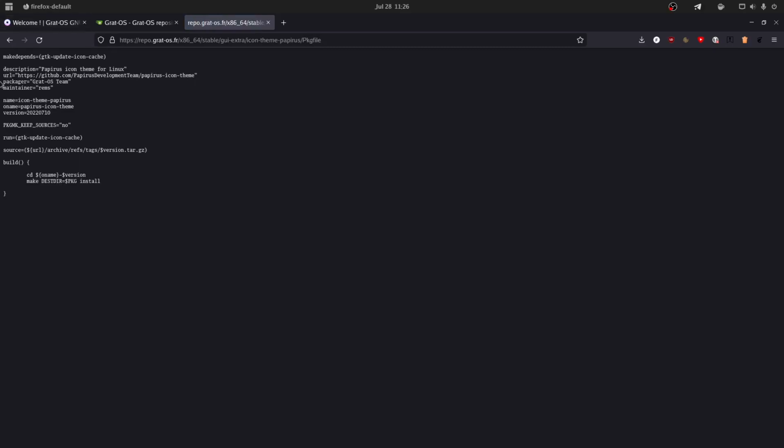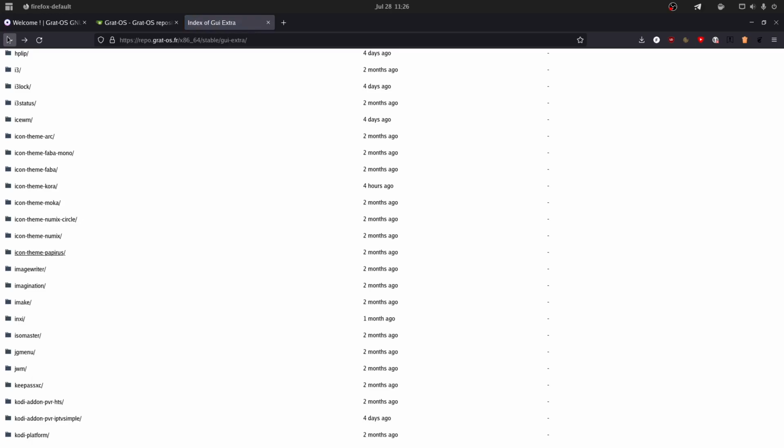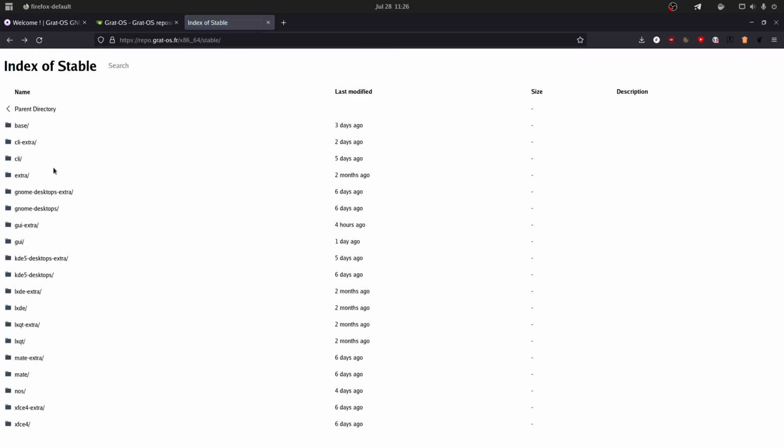In there you can also have access to the source file, the package file. So basically it contains the source, where do we take the source of the package, and what do we do with it. So how do we build the application. So for icons there is almost nothing to do, but if I take for example